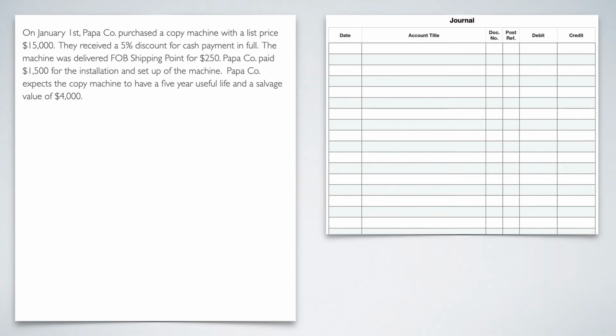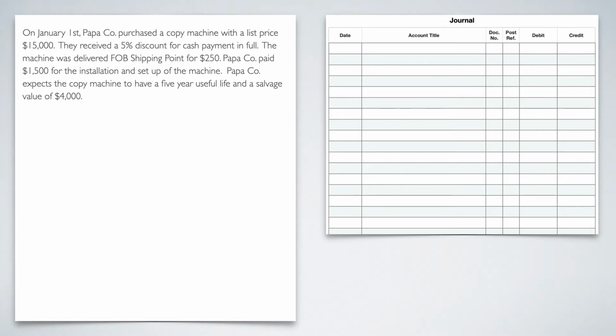All right, here we are with the first example of our depreciation methods. This is the easy method, the straight line method. Remember, straight line method only has one major step. We're going to go through the process, and we're also going to journalize everything so you can see how this goes.